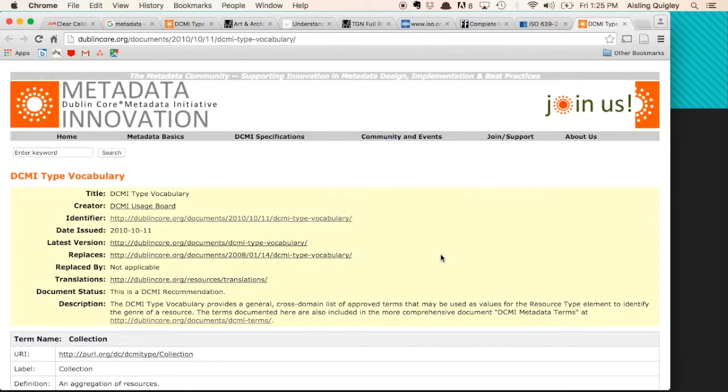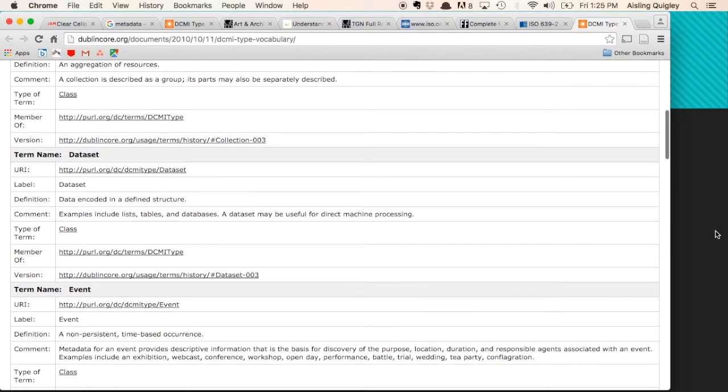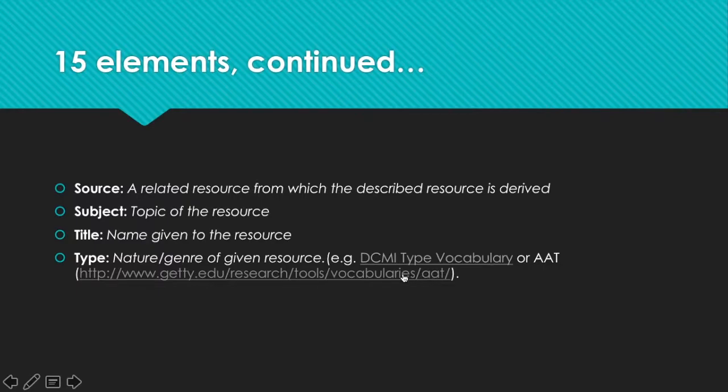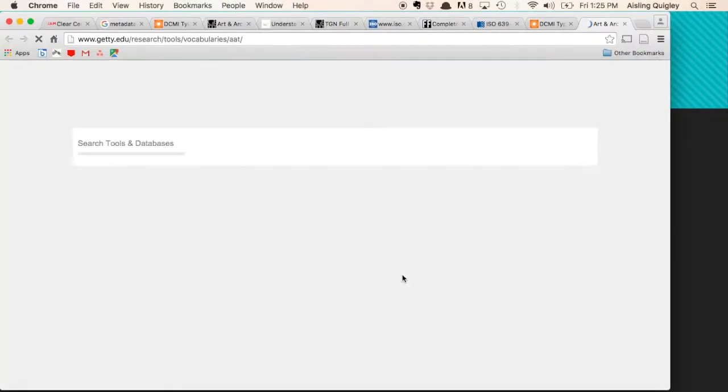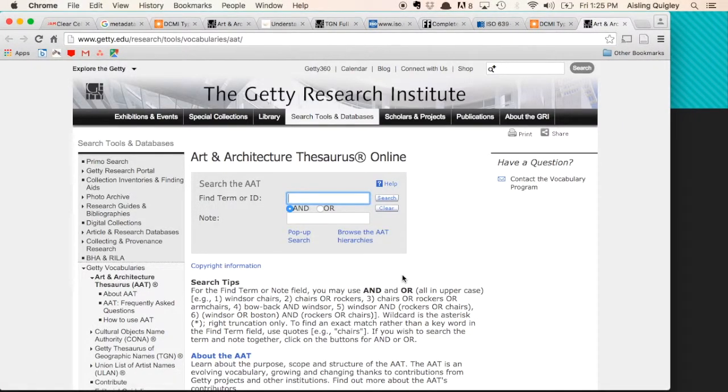So the type or genre that I've mostly worked with is the Art and Architecture Thesaurus from the Getty. So I've also linked over to that in case you're curious. If you click over to the Art and Architecture Thesaurus, similar to TGN, because it is a Getty system, you just put in the term or ID for what you're looking for. So if you're looking for a particular type of, for example,